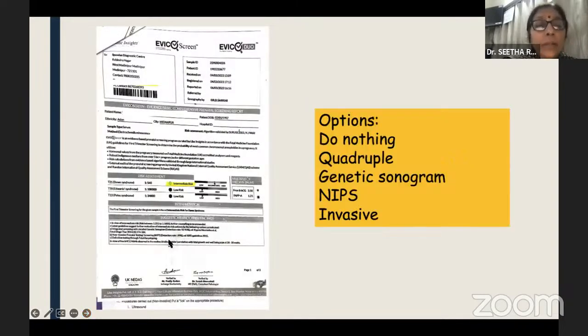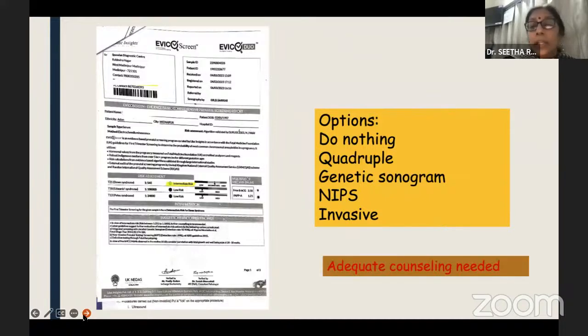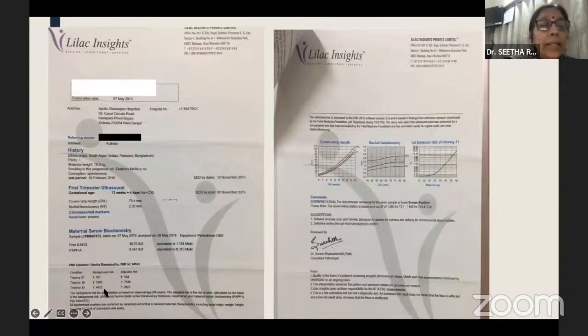Again, this one has an intermediate risk. Of course, for intermediate risk we know there are other options, because here the beta-HCG is not too bad. It's slightly high, PAPP-A is 1.21, and the NT was also fine. So here we need to see what has actually caused the intermediate risk, and then you can give her options of other things like NIPS or a quadruple test or a genetic sonography, with adequate counseling. So this lady had an intermediate risk. Sorry, it was a screen positive, and she had